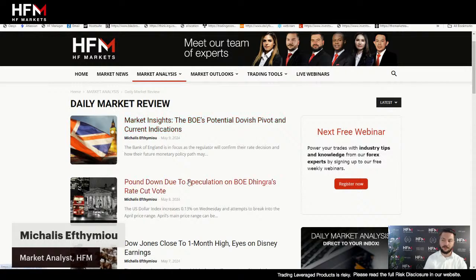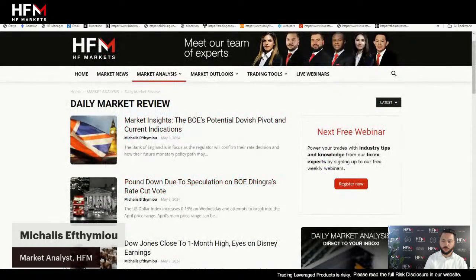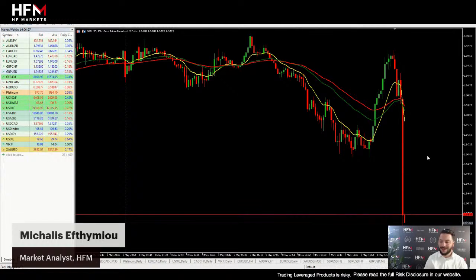So this isn't something new. We've been saying it now for 48 hours. But of course, we need to look at the price movement also. So let's see. I can see a big decline, at least against the US dollar. We'll look at other assets as well. So this is exactly what I'm referring to, guys.